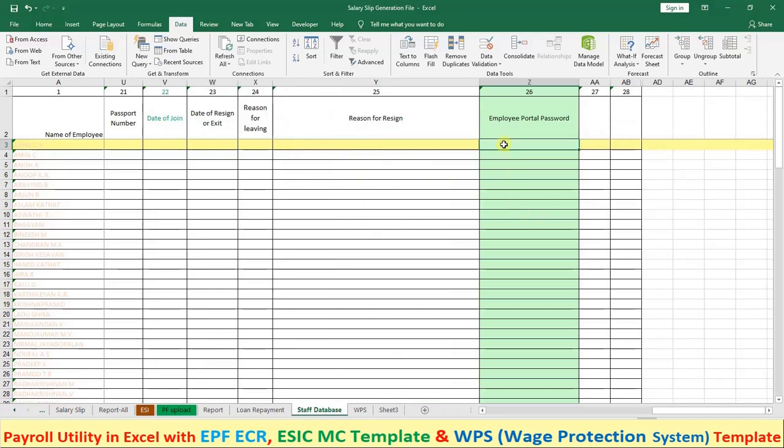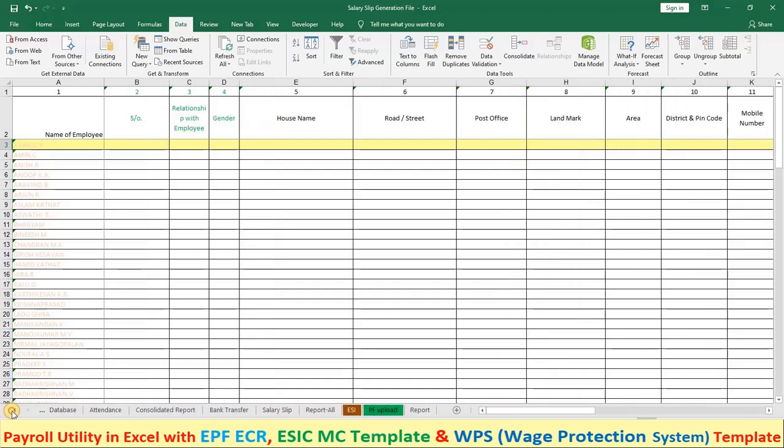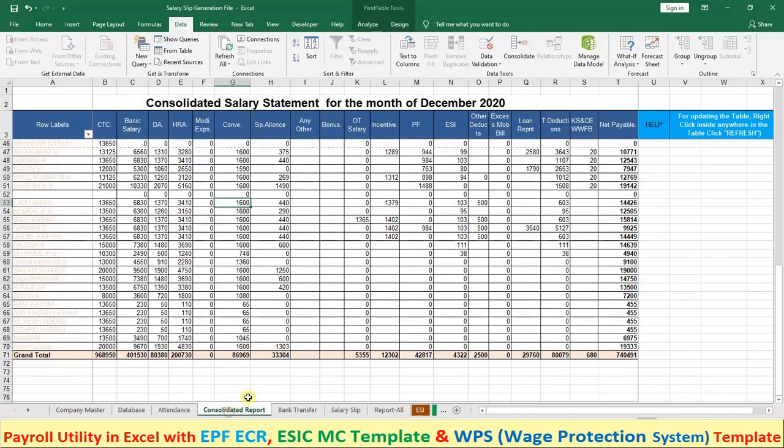And here we can also mention the passwords created at the time of enrollment to EPFO, ESI, income tax, like that. So the master data related to all employees will be with the employer for ready reference. If the employee has forgotten his EPFO password or income tax password, whatever it may be, everything will be available with us. We can hand it over to the employee within a fraction of a second. So this is the working method of my payroll utility. I think it may be very useful for you. It is very easy to handle. It is very useful for statutory records also.